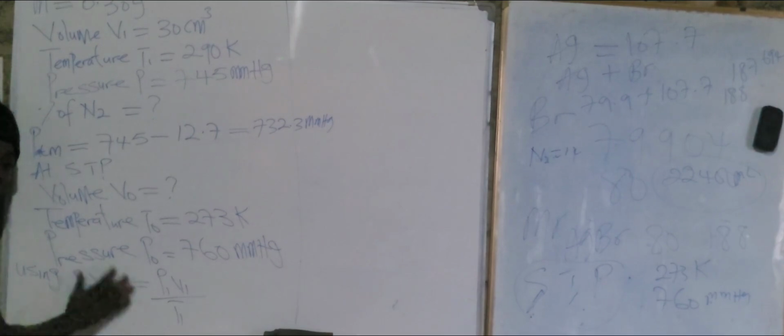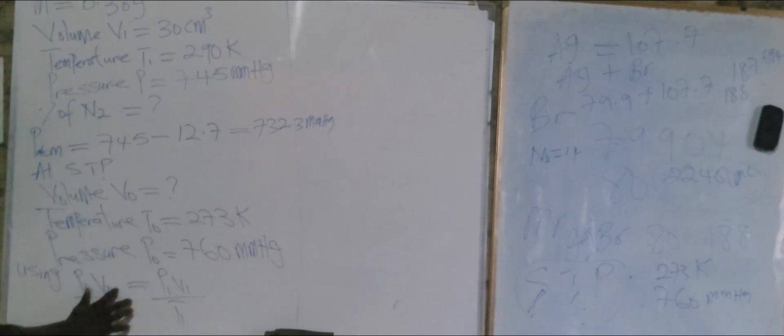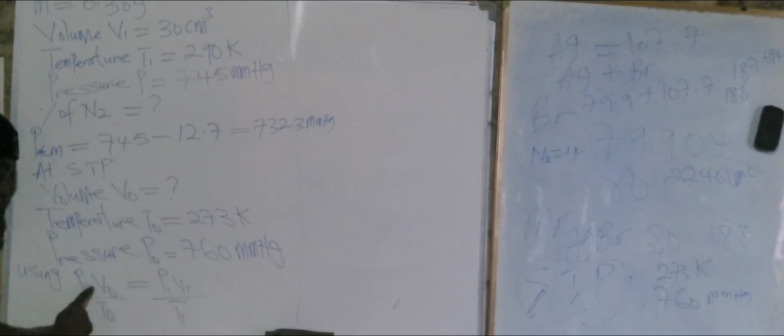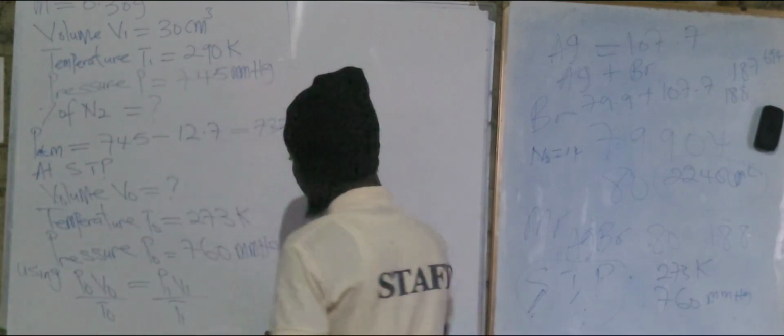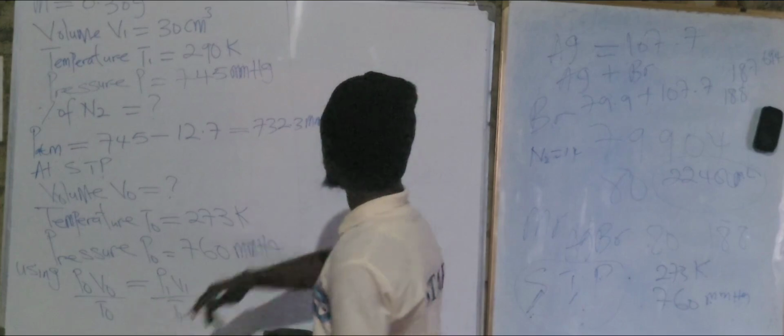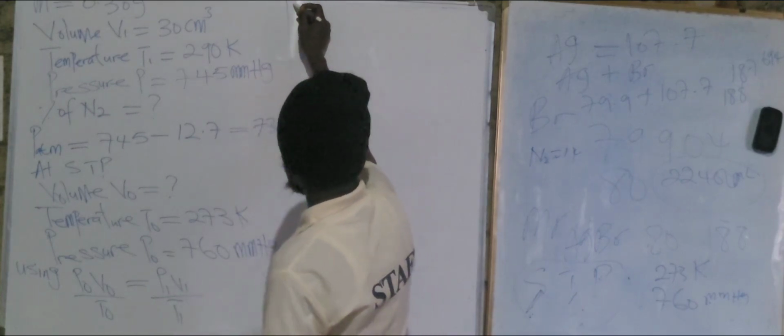We need these values except P0 and V0. We can make V0 the subject here. How can we do that? Of course, we can cross multiply. So when you cross multiply, for you to understand better, we have